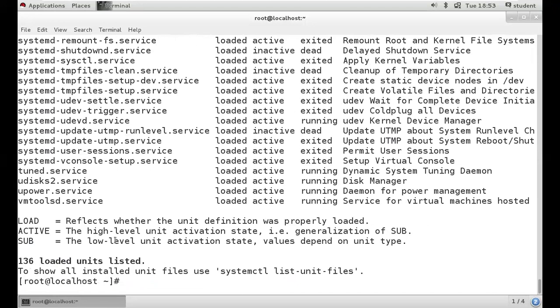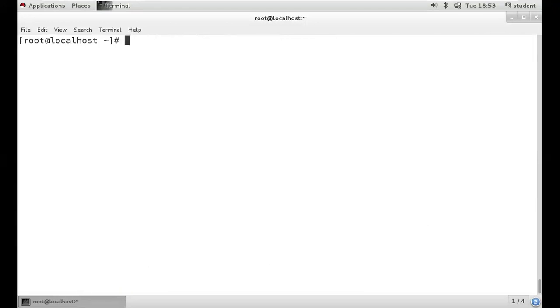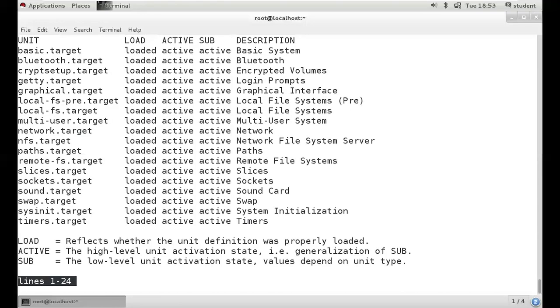So Q, we are back to terminal. In the same way, systemctl hyphen type equals target. Then you are going to get the targets. Devices, you are going to get only devices. So I hope you got it, guys. Like this, you can filter, right? We have one command called